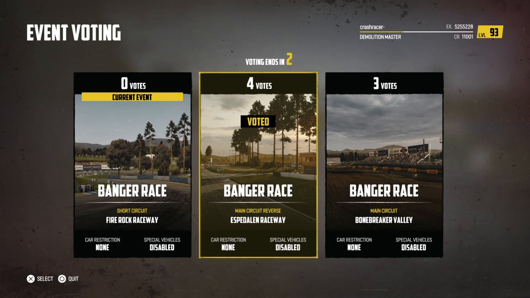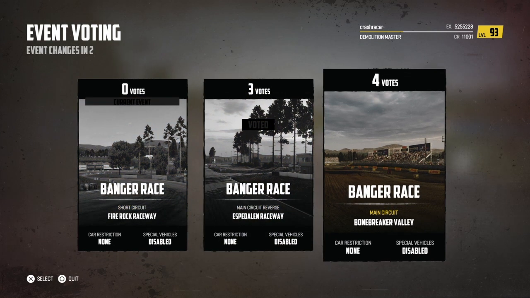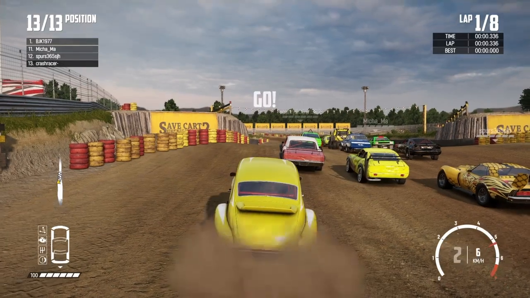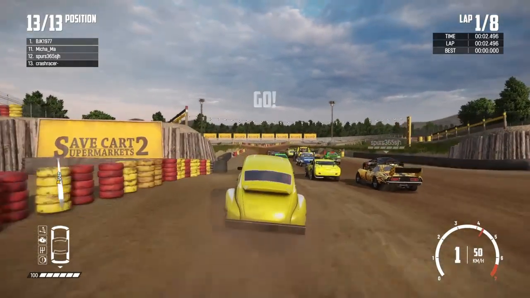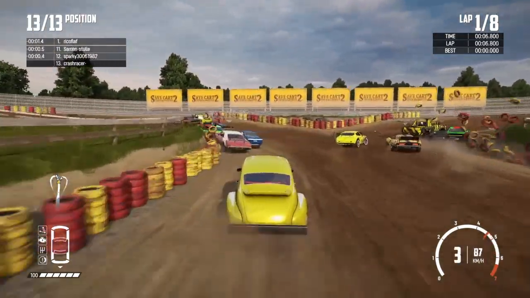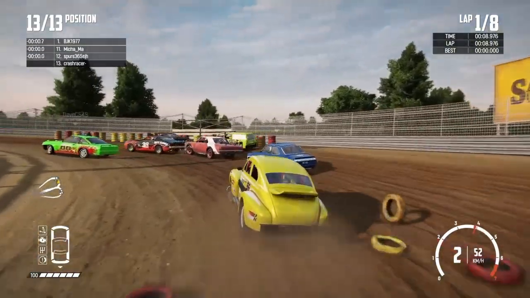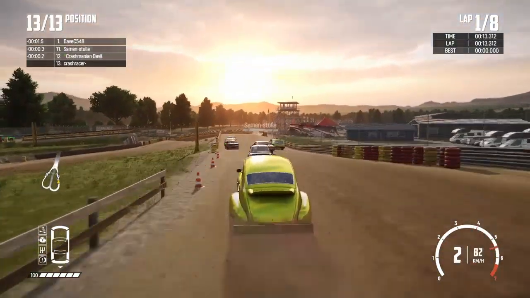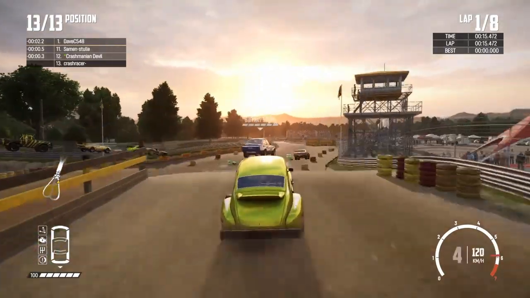Okay, first race is going to be Bonebreaker Valley. 8 laps around the Bonebreaker Valley then, using this Bulldog. 13 of us in the race. Just obviously want to try and stay out of trouble if I can. As I say, I've tuned this vehicle up with a reasonable amount of armour, so it is fairly strong, because like I say, it's